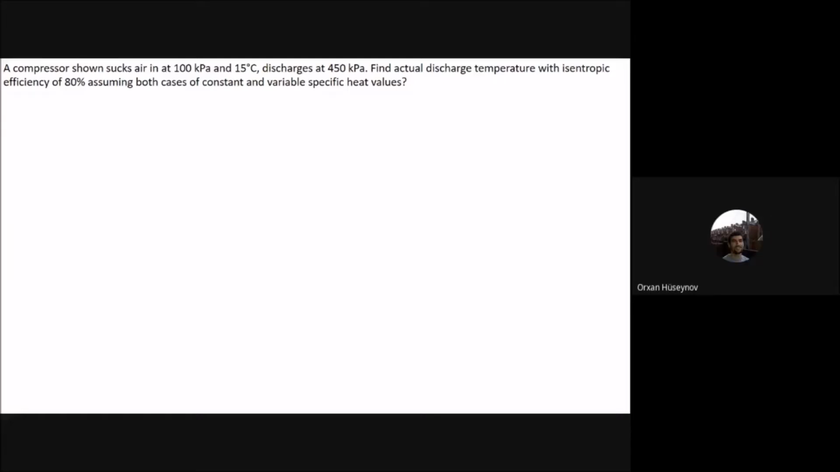Okay, so now we are going to solve examples about the isentropic efficiency of the steady flow devices. First example is that we have a compressor that sucks the air in at 100 kilopascal and 15 degrees Celsius and discharges at 450 kilopascals. So if it is your compressor,